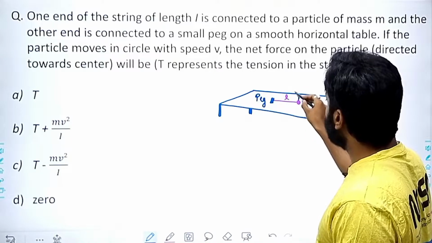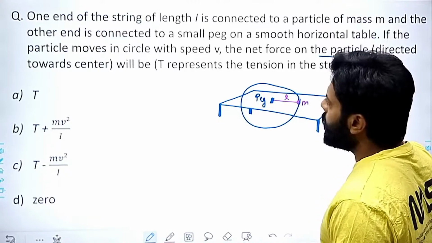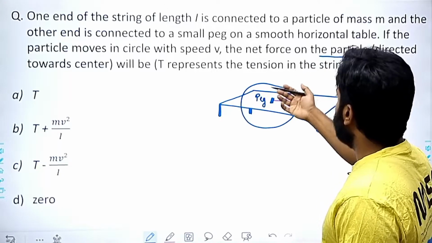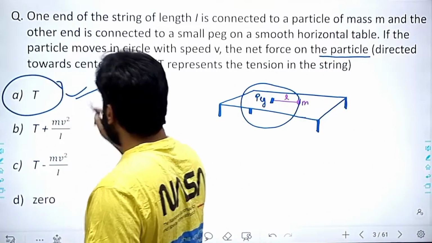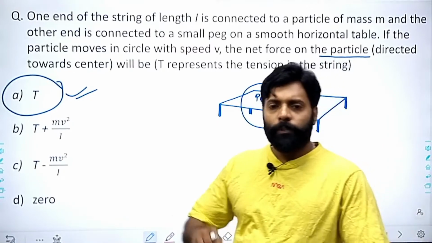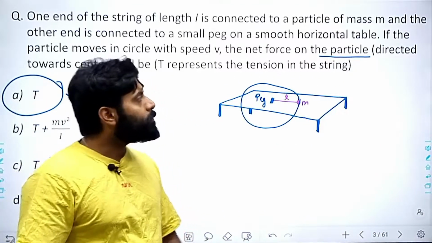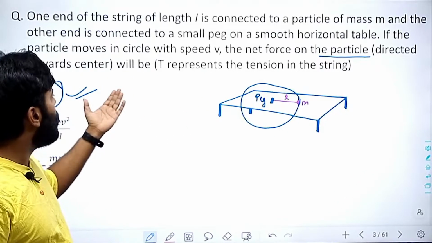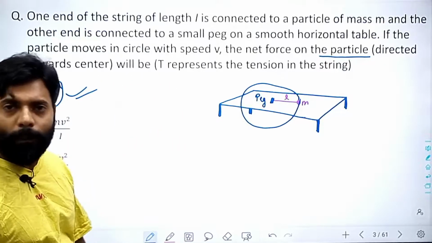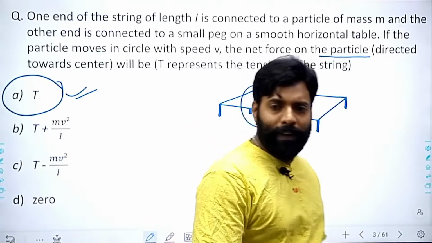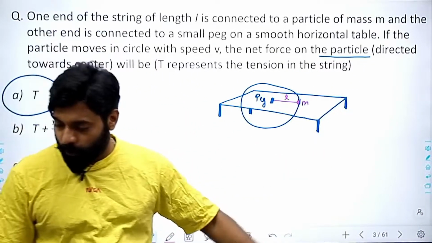the particle is moving with speed v on a circle, the net force on the particle directed towards the center will be, T will represent the tension. Okay, it's very simple. Tension means when you are rotating any object, what will be the force which is acting inward, right? The net force on the particle will be the tension only when it is moving. I hope that these things are clear. The answer is tension only. Let's move